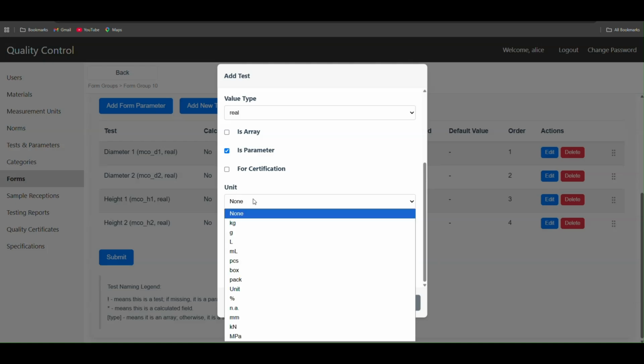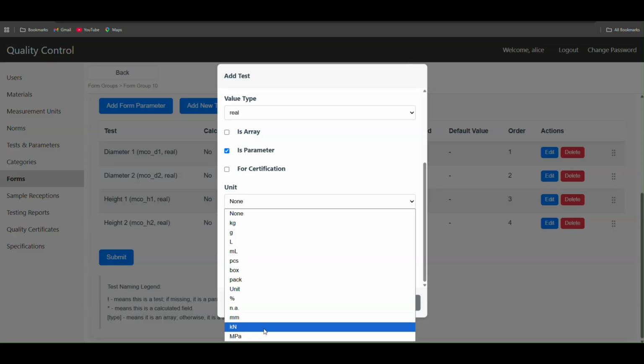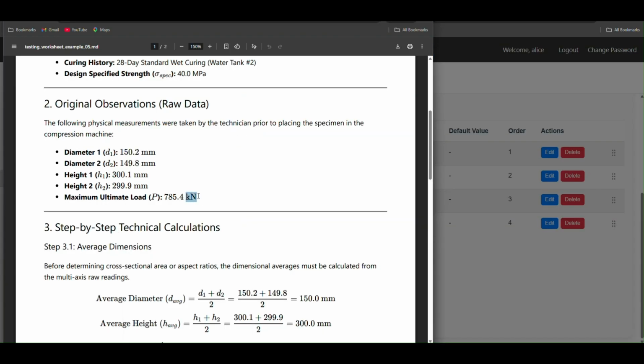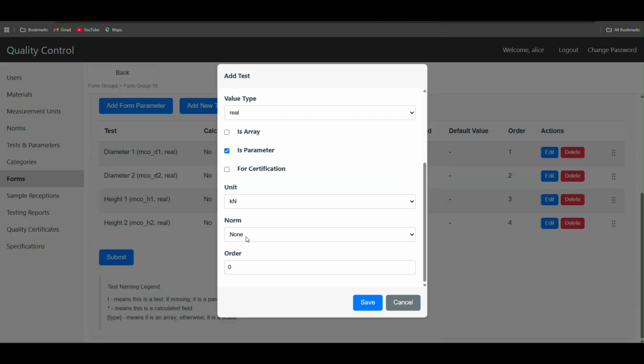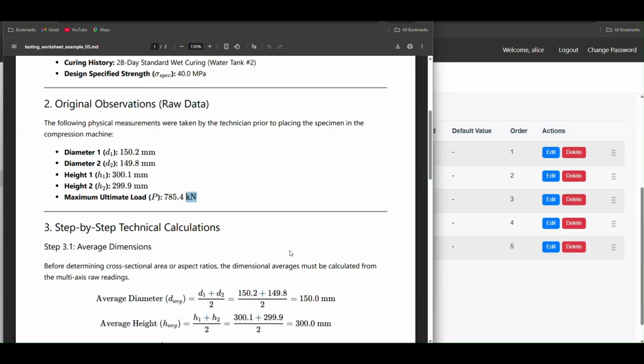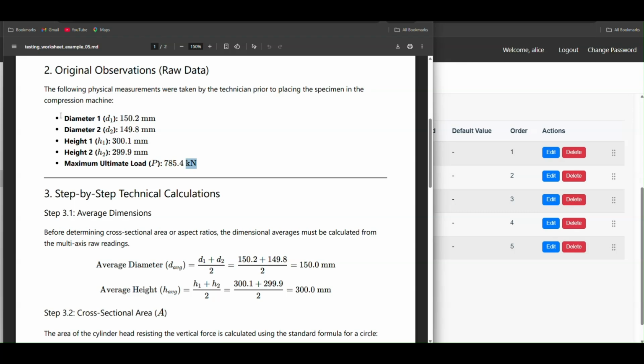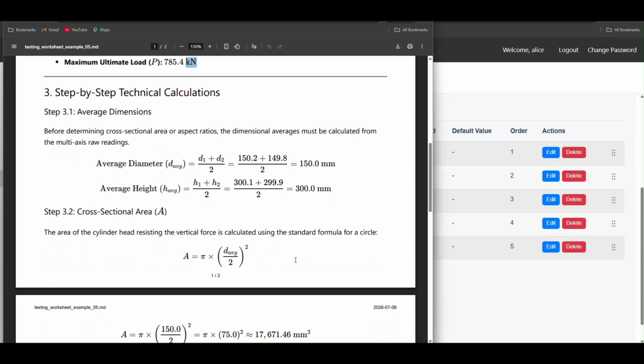Measurement unit in kilopascal, or kilonewton, sorry. It's kilonewton, as we can see in here. Save. Okay, we have added all the measurements that have to be performed on a sample. Now let's start with the calculations. We will try to calculate